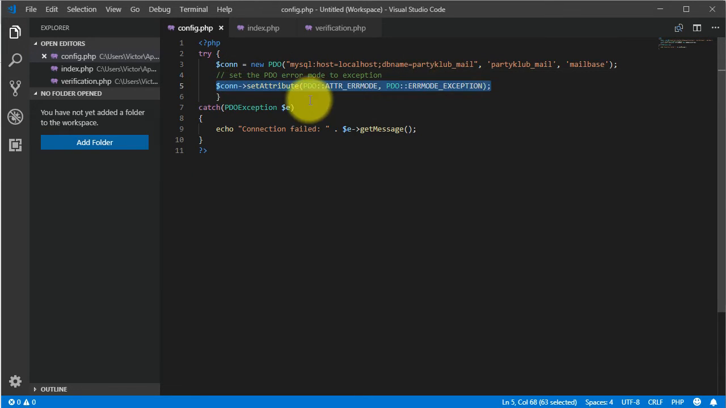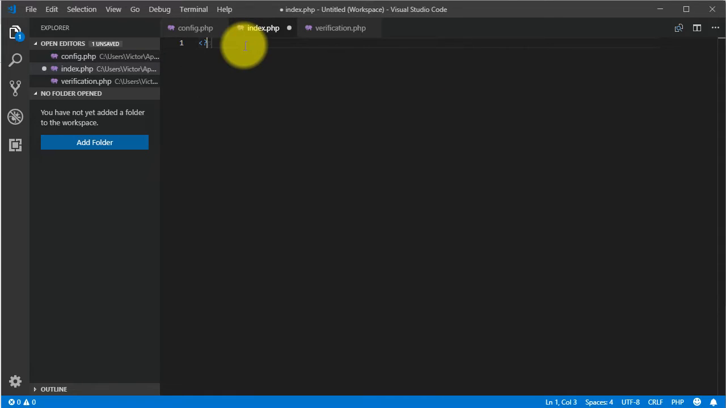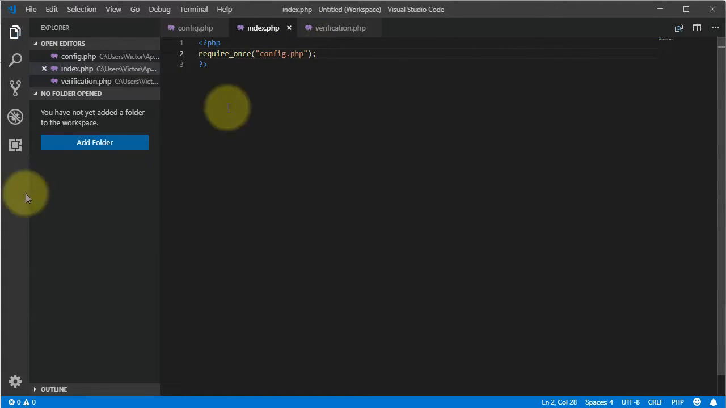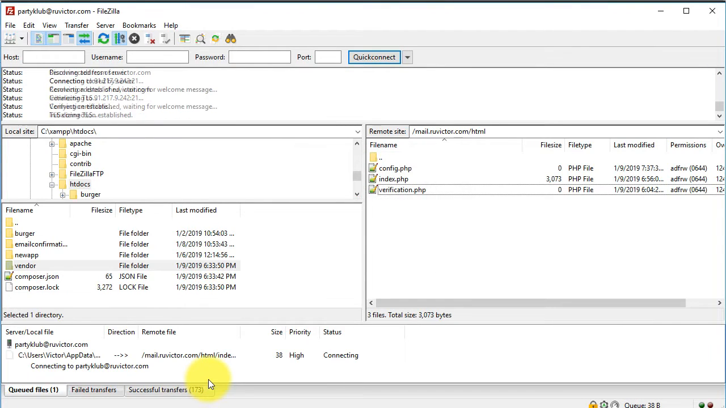So we set it here, and then if it catches any errors, then we just output connection failed, and here we output what's the problem. Just to make sure that this works, I'm gonna require it in index.php. But yeah, so we have require once, and here we have config.php. I'm gonna save this file. I'll confirm it here,